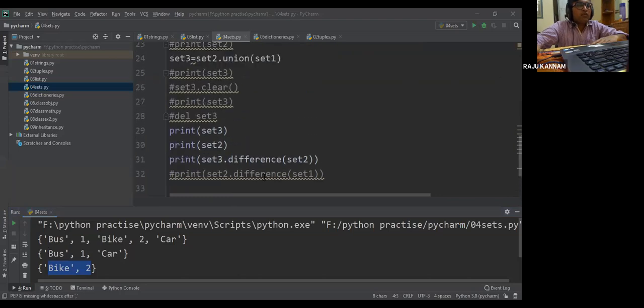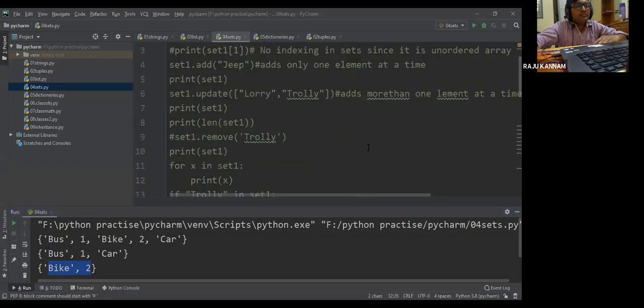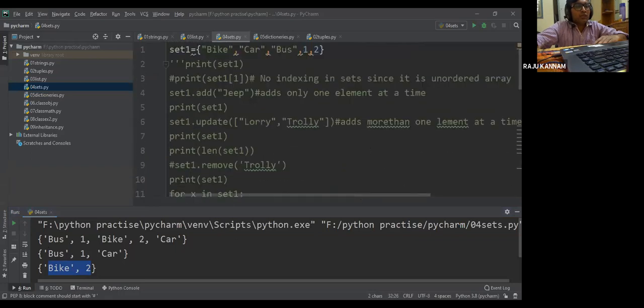So any doubts from the set? Of course, I'm making the difference between set 2 and set 1. If you want, you can execute it. Okay. So any doubts from the sets? If you don't have doubts on the set, I'll move on to the next collection, next array. That is the final array. We'll try to finish because this arrays I'm getting bored, because we are discussing this from the last 3-4 classes, na? 3 classes, right?